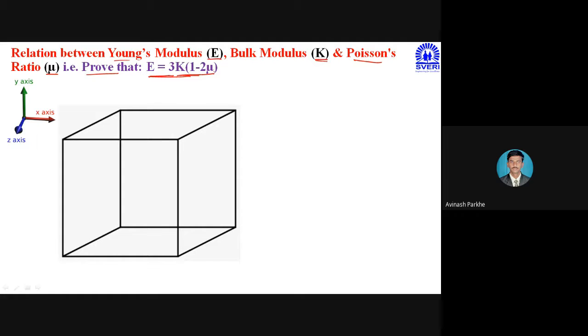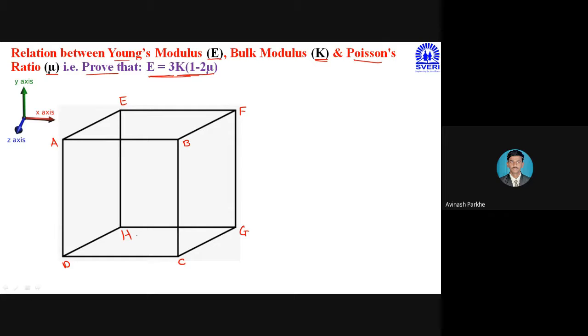For that purpose, whatever the figure is in front of you, that figure represents a cube. All the dimensions are the same. For example, I will give the names: this is corner A, this is B, then this is C, and this is D. Okay, then on the other side, this is E, F, G, and H. That is one cube we have considered. That is, consider a cube A, B, C, D, E, F, G, H.